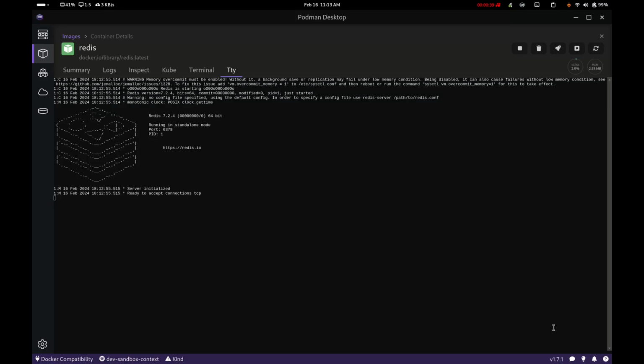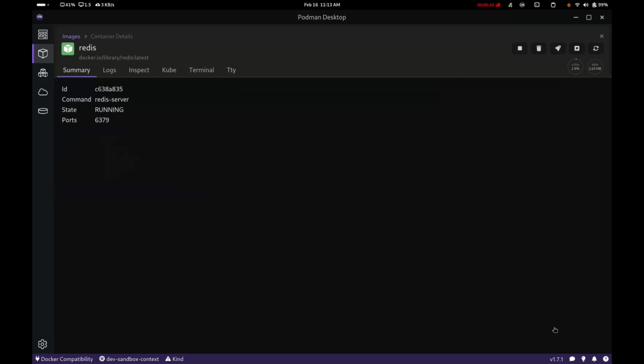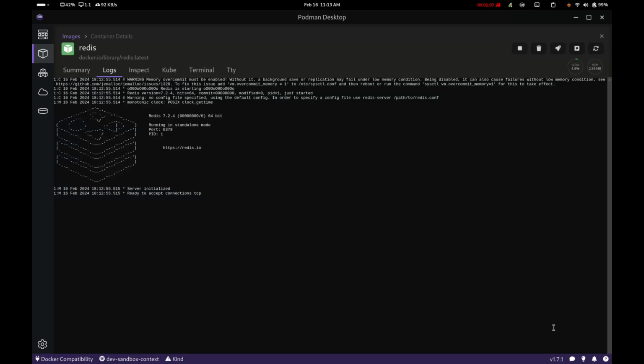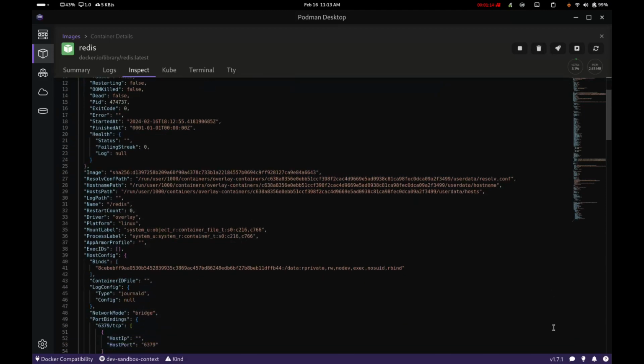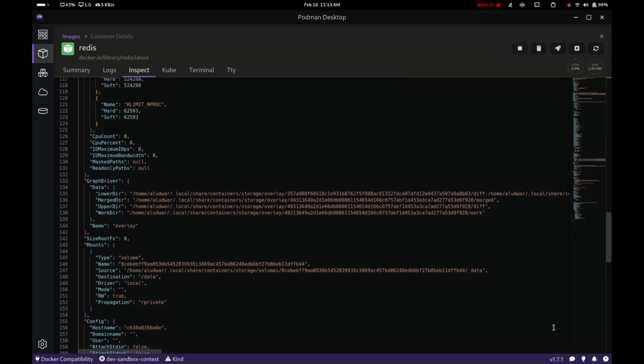Now this puts us into the container section of Podman Desktop, and you can see from the tabs here at the top, we've got a variety of the common commands that you'd probably do with Docker or Podman, i.e., podman logs, docker inspect, etc. So we've got that summarized here at the top in these tabs. We can see the state of the container itself. We can see the logs of the container. We can get an inspection of the container variables itself and what we would use from a container runtime perspective